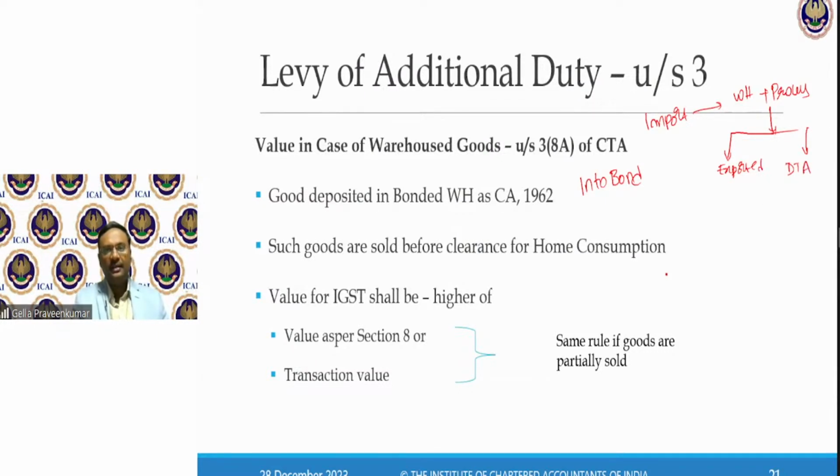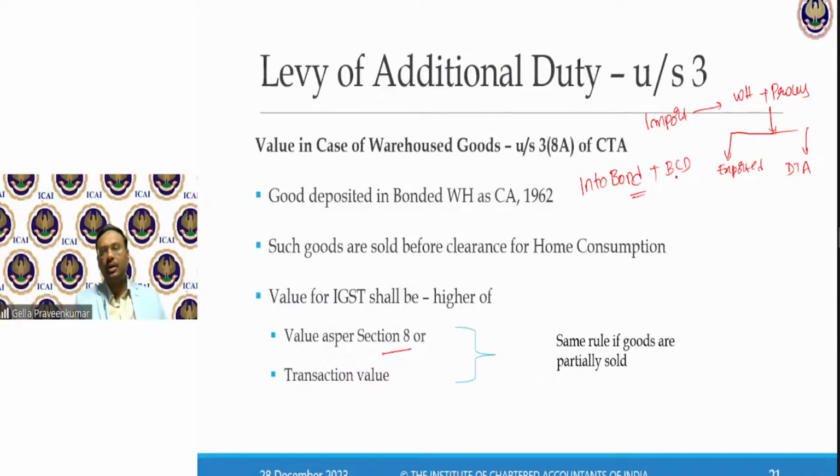So here, for the purpose of this section 3, subsection 8A, they say that value as per section 8, which is your normal transaction value, which is reference to into bond, where they will say the value of into bond, the value of your customs duty. These two aspects derived under section 8 or transaction value, whichever is higher.